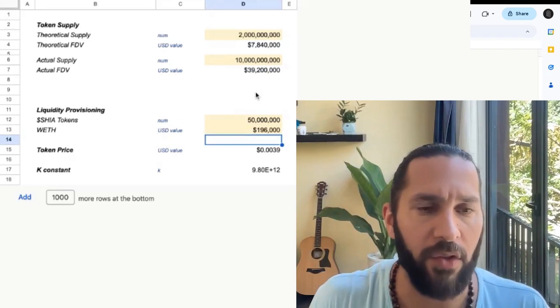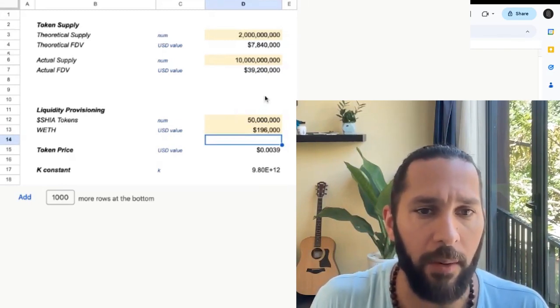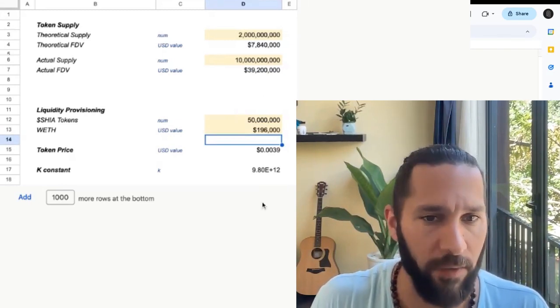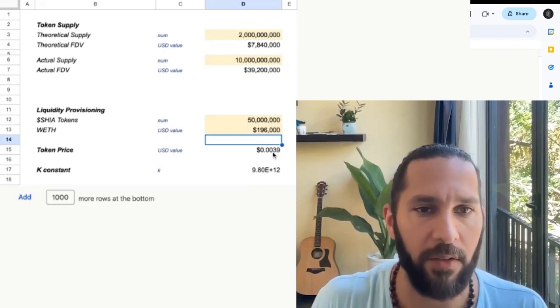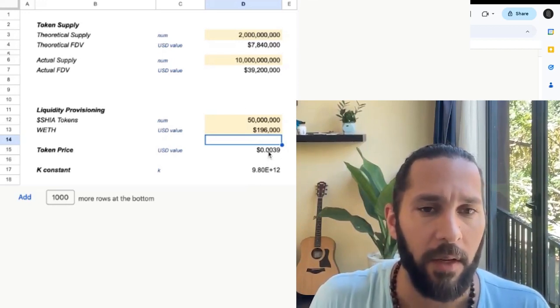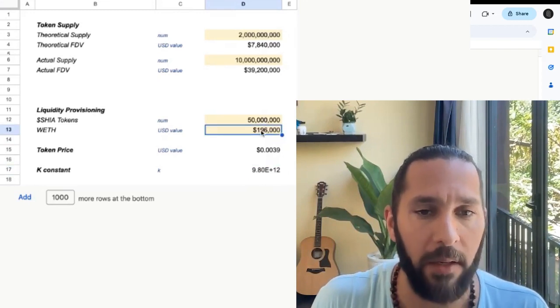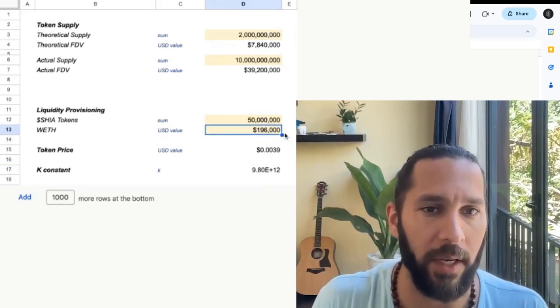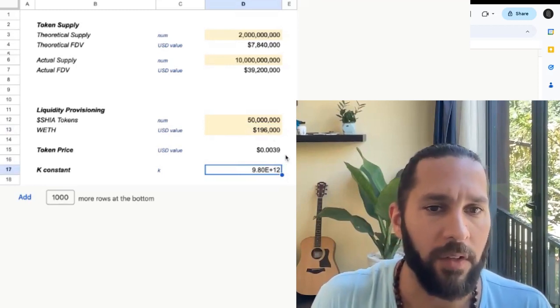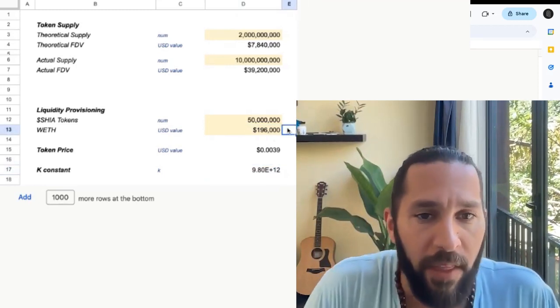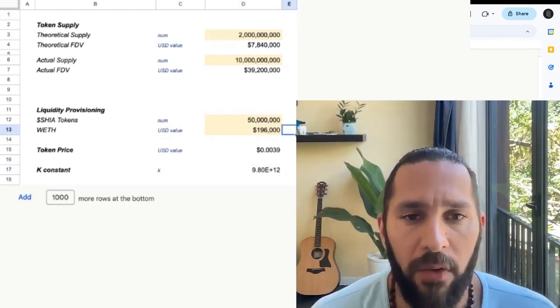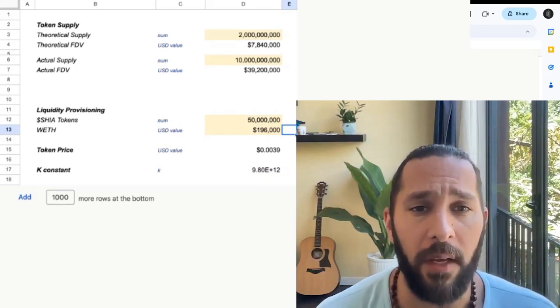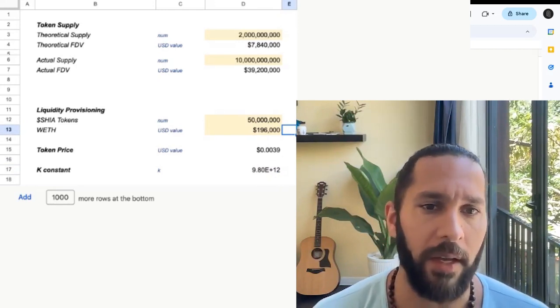And that gives us just a very baseline theoretical token price of a fraction of a penny, 0.4 cents. Gives us a K constant. If this value of the Ether backing is accurate, then this is likely our K constant. Now, what we see here, though, is that they put about $200,000 upfront investment into the liquidity pool against 50